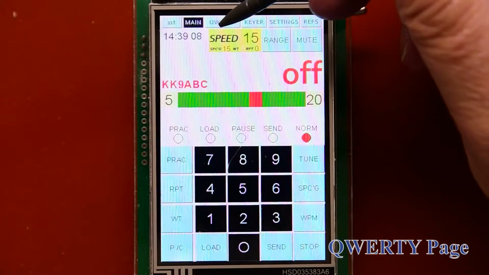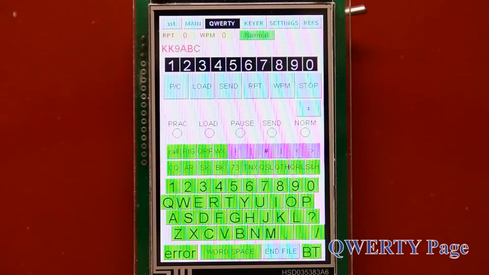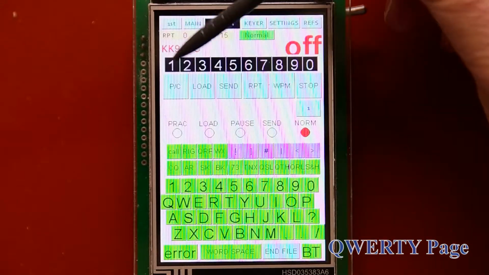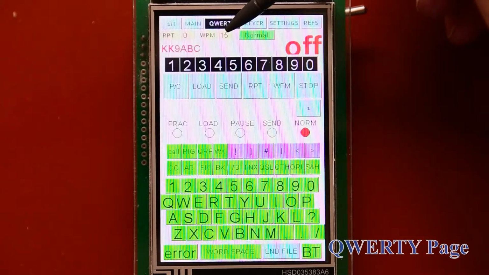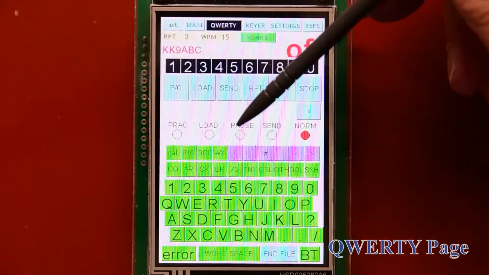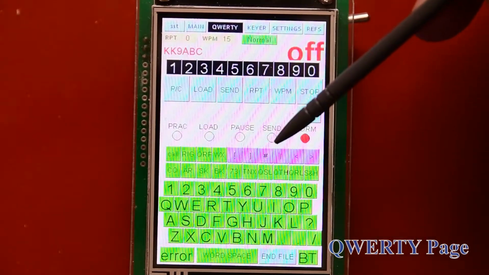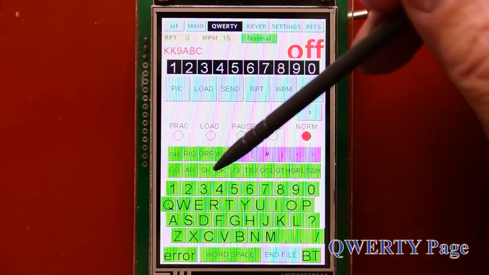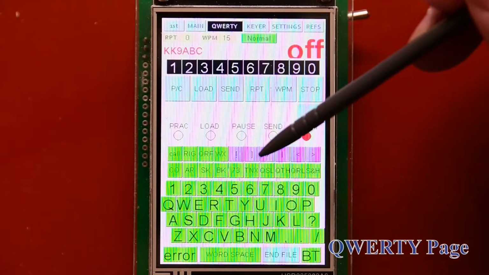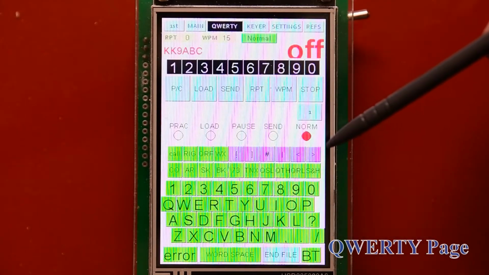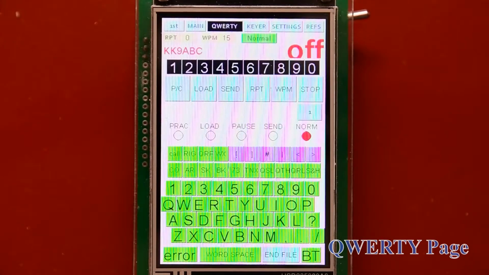If we go to QWERTY now, which is this button up here, there have been some changes besides just the accommodation of the row of buttons. I have added word per minute, and I've made some changes down in this row of buttons here. I've added a couple of buttons, changed the colors here, and made those kinds of changes to this screen. The big change here,